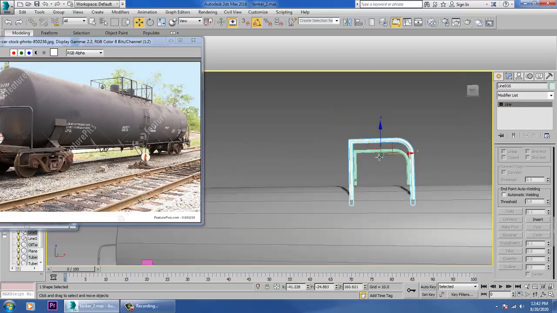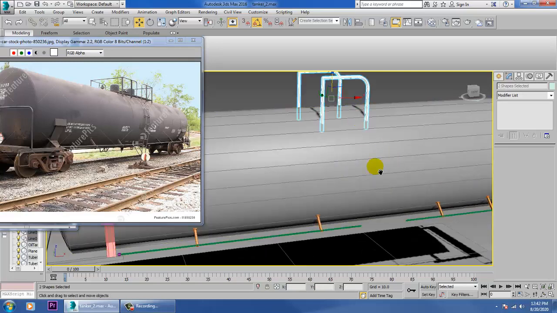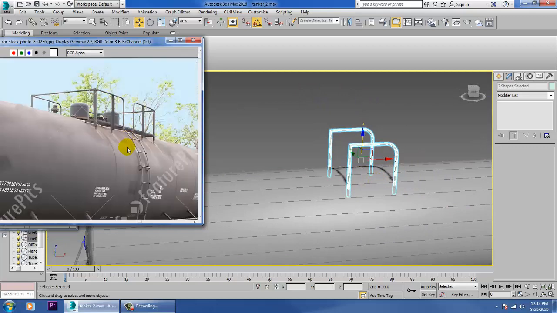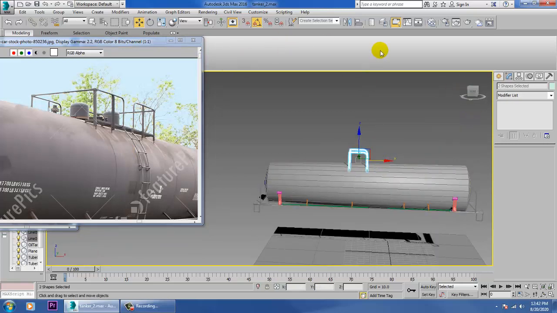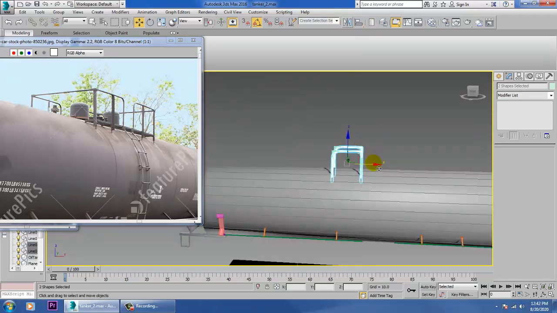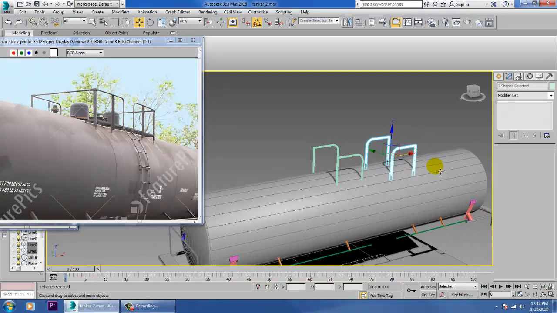If you require to scale a bit down, you can go with that, not a problem. So just scale this over here, and let's mirror it in x-axis and make a copy of it. Let's mirror it and make a copy of it.